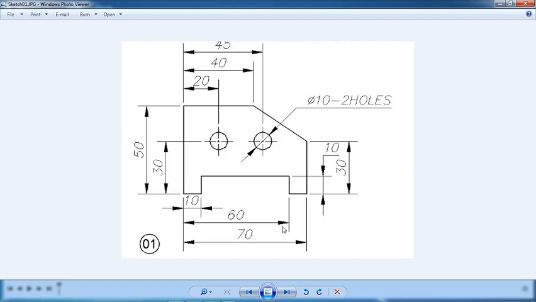Good morning, friends. In this video, we are going to start module number 3, and also this is the continuation of module number 1, in which we will start from basic, once again the basic sketch and constraints. Gradually we will complete the more complex sketch and constraint exercises. As mentioned earlier, the learner should have a thorough knowledge